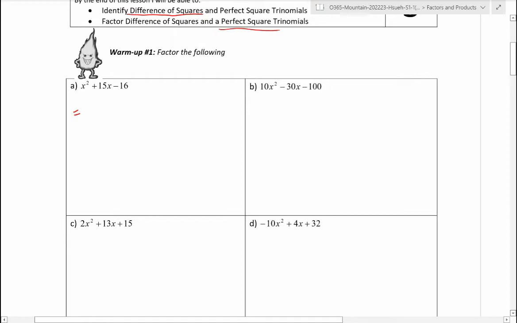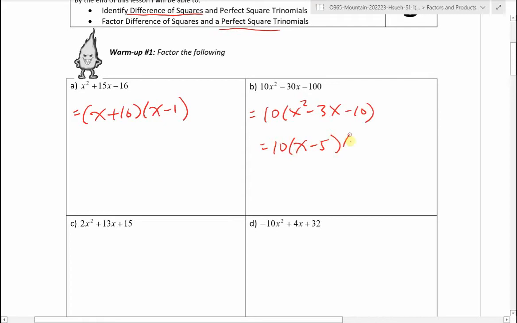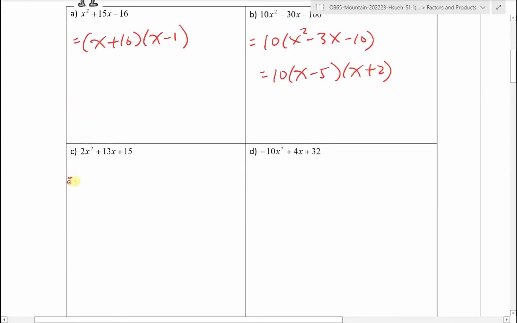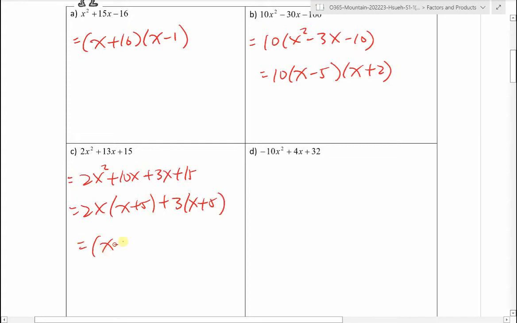Okay, so this one, the answer should be x plus 16 times x minus 1. This one, you should factor out the 10. And then if you factor this, you should get x minus 5, x plus 2. Okay, that's fine. Okay, this one, this is a complex trinomial. So two numbers multiply to 30, add to 13 will be 10 and 3. Factor out the 2x, factor out the 3, and the common factor of x plus 5, and there's your final